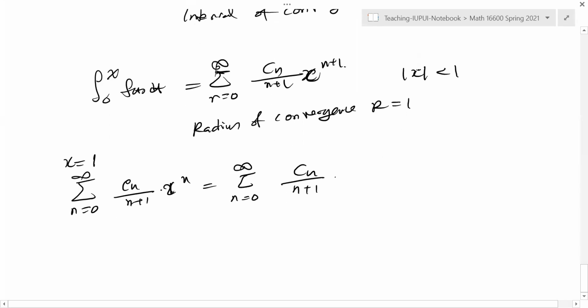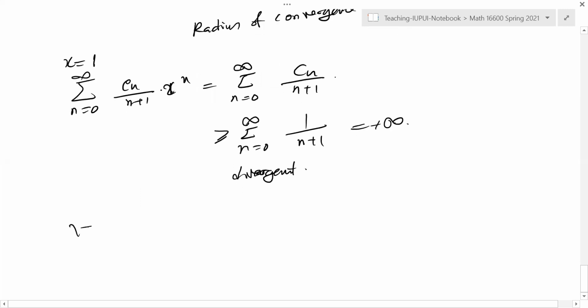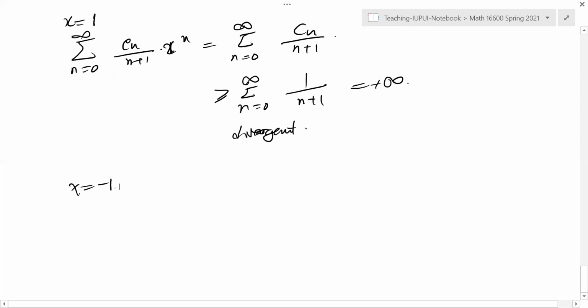Now this series is divergent when x equals 1 because Cn is between either 1 and 2. So I can say by the comparison test, it's always greater than or equal to 1. So that's infinite, divergent. Okay. But then when x equals -1, you will get